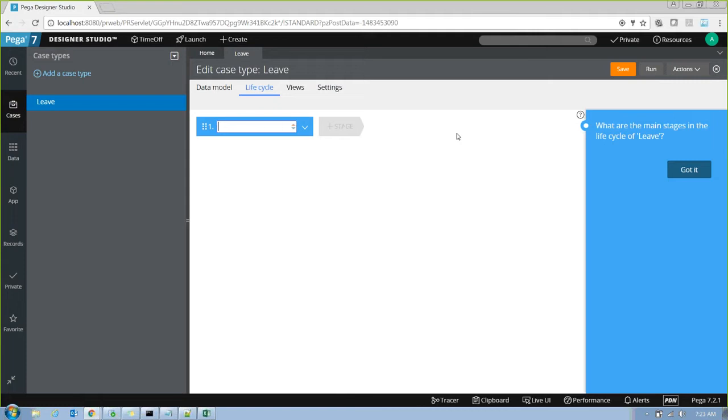Then approvals, rejection, I'll put it as another stage. Confirmation, another stage. So a stage defines a part of your business process. So under that stage, I can have all the subflows which actually serve the purpose of your stage.